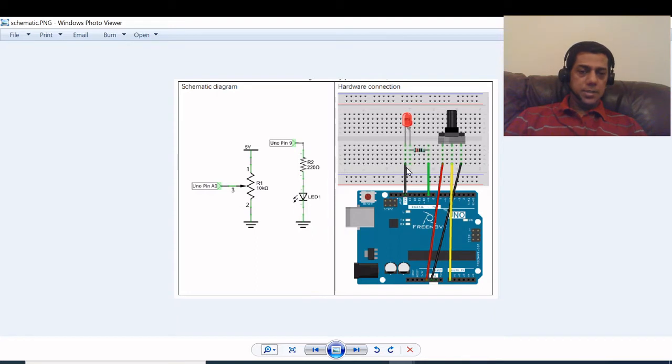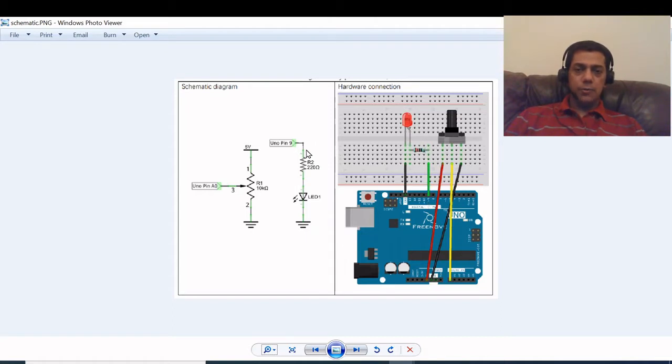For the LED part, I will be using pin number 9, which is a digital as well as a PWM pin, the pulse width modulation, capable of showing a PWM duty cycle of the wave. And I will be connecting one 220 ohms resistor like this over here, and one LED will be connected. The ground terminal will be connected to the cathode of the LED, and this resistor will be connected directly to pin 9.